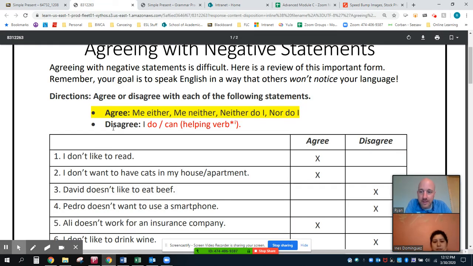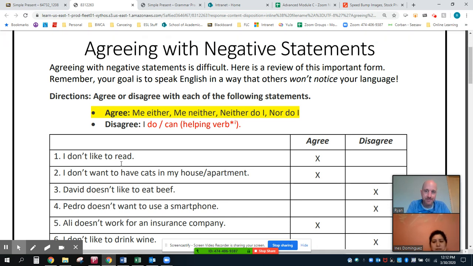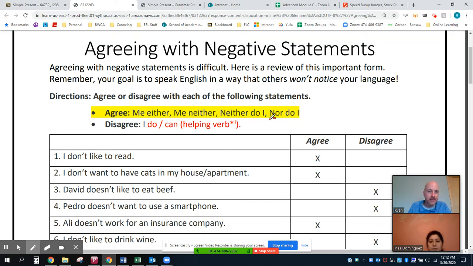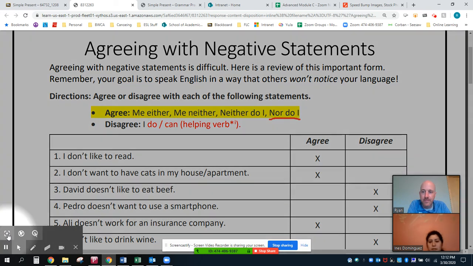So if somebody says to you, I don't like to read, and you also don't like to read, you can agree by saying, me either, me neither, neither do I, or nor do I. This one right here, the nor do I, that is very formal, and we don't say it very often. Probably me either or me neither. So when I'm speaking in English and not thinking about my English, probably most of the time I say me either,